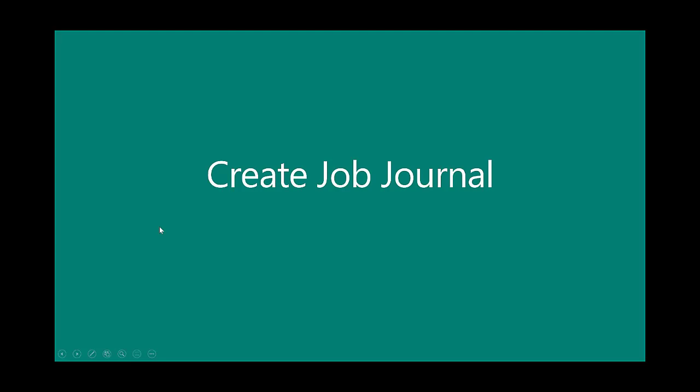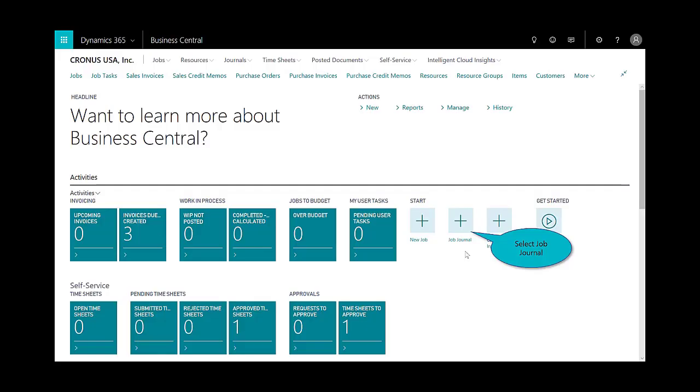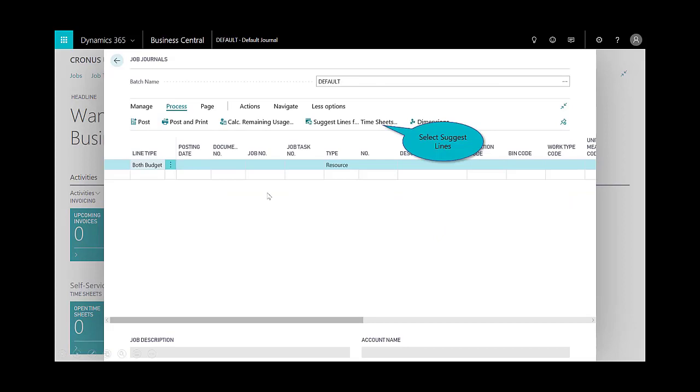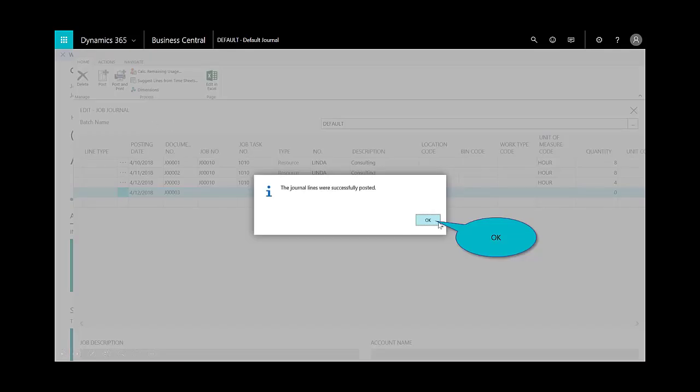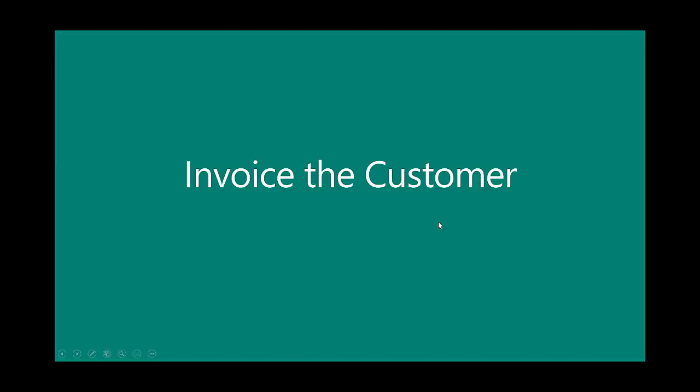And then the last thing would be to, or second last, excuse me, is to create that job journal. So here you can see since the time has been submitted and approved, the project manager leverages the built-in capability of the application to auto-suggest lines from the timesheets. And now that consultant has been added, and then I can just go ahead and post, and then we'll just